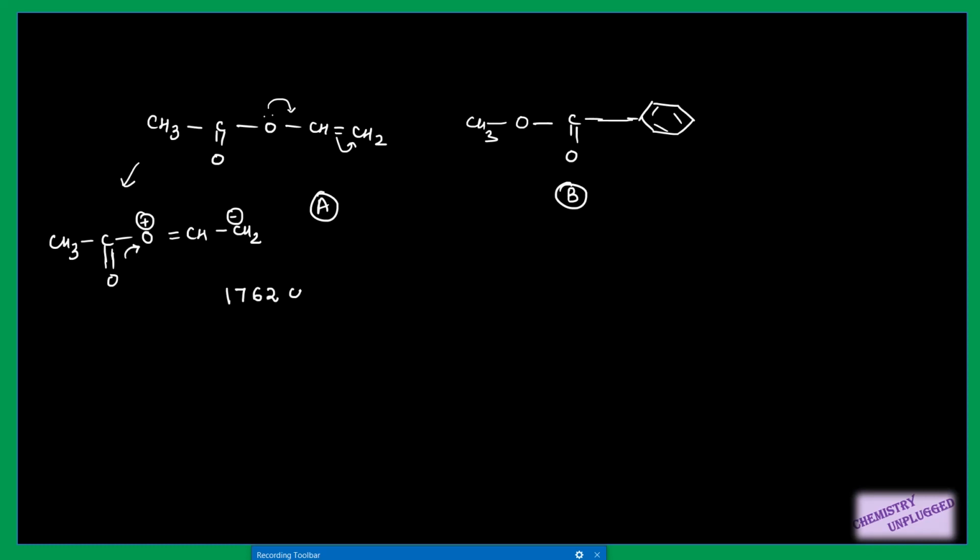It has near 1762 centimeter inverse, while in this case we have normal aryl substitution at the alpha position, right? So it has a value close to 1725 centimeter inverse, right? So you have to be careful whether this unsaturation is next to CO or next to this oxygen. Hydrogen bonding will again decrease the value of CO stretching vibration of esters also, so that factor will remain as such. Then we have the ring size effect.